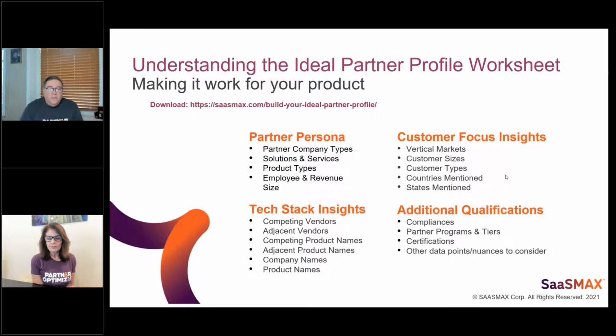Right. Well, when you have your customer focused insight, your company, I'm certain, has an ideal customer profile in its marketing department. You want the ideal customer profile of your solution to match the ideal customer profile of your partner. And that includes the verticals they're targeting, the size of the customer, the type of the customer, whether it's government or nonprofit or education or fintech or whatever they may be, as well as that geographic region. So it's really important.